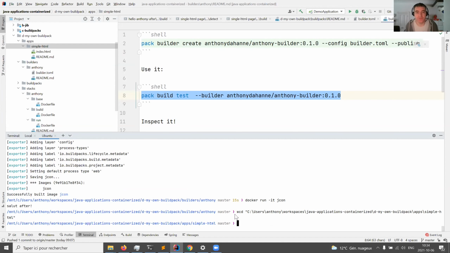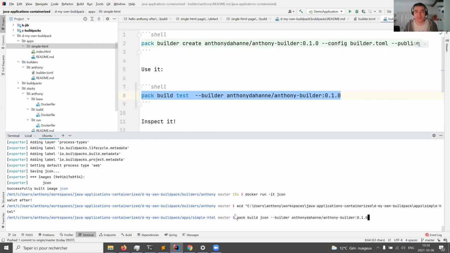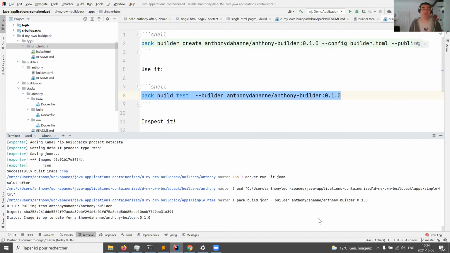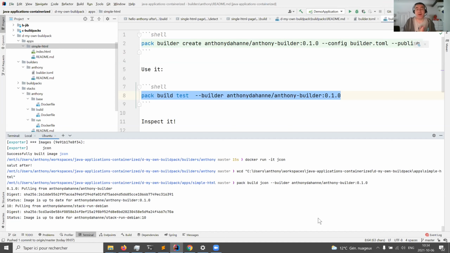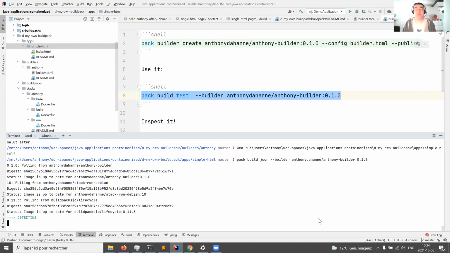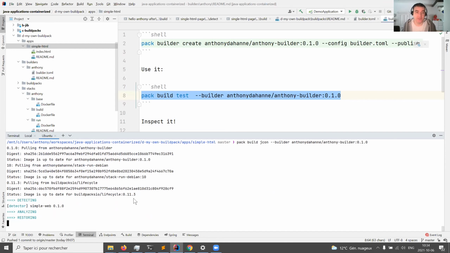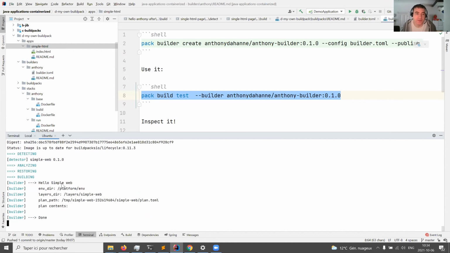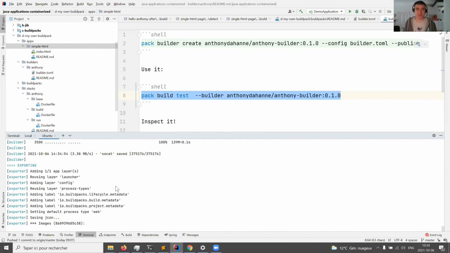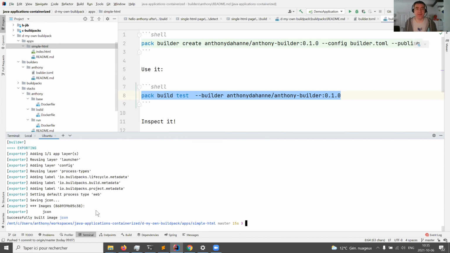So if I move on there, and then I'm just invoking the builder exactly the same way, pack build JCON using my builder, then of course it will find out that there is something interesting for the web simple HTML buildpack. And then, as you can see, during the detection phase, the simple web buildpack decided to participate. So it downloaded socket, and then it created my image. And most probably, if I run